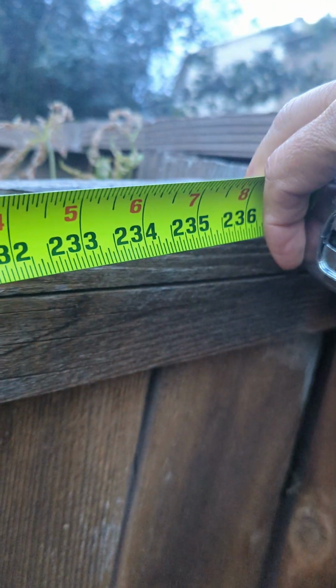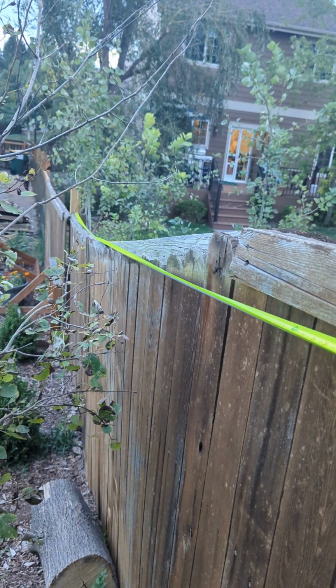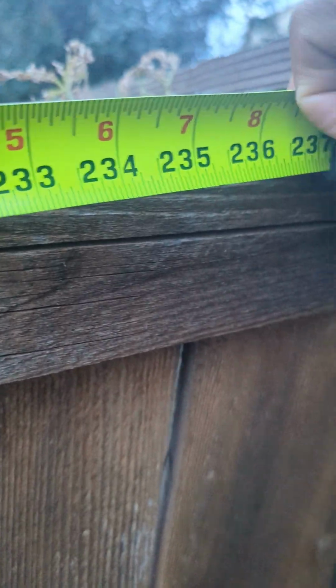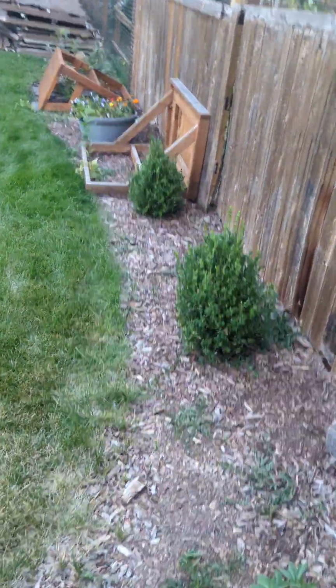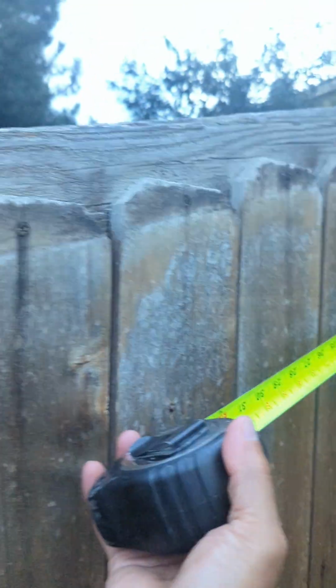And then to the corner, it's 19 feet. So from the top of that failed post to here is 19. Yeah, 19.11 or something like that. So that's that run. If you just do these 3 sections, I'll give you a measurement there going off of